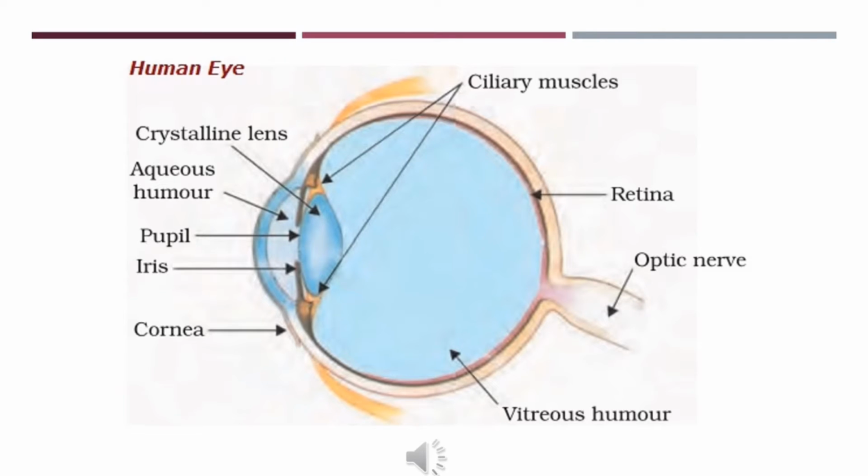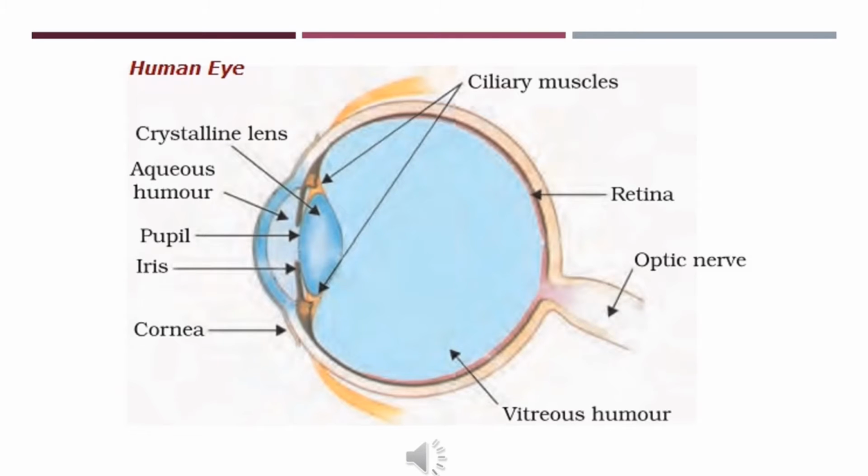How does it control the amount of light that enters the eye? So let me explain that to you. Just listen very carefully. The pupil acts like a variable aperture, which means that its size can be changed with the help of the iris. So the iris is the component that helps the pupil change its size. When we enter a room that contains bright light, the iris contracts the pupil in order to allow less light to enter the eye.